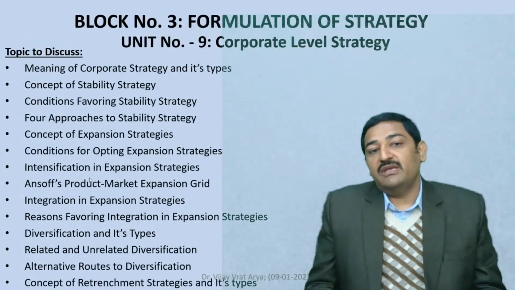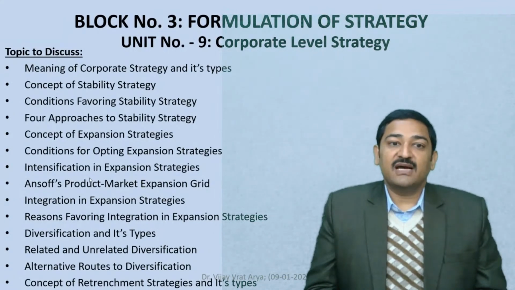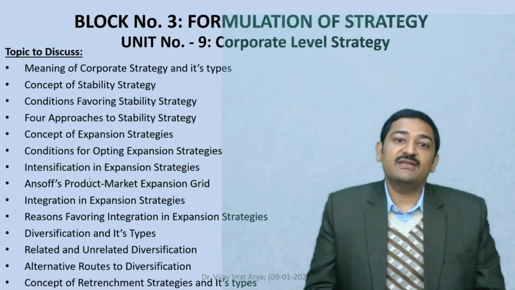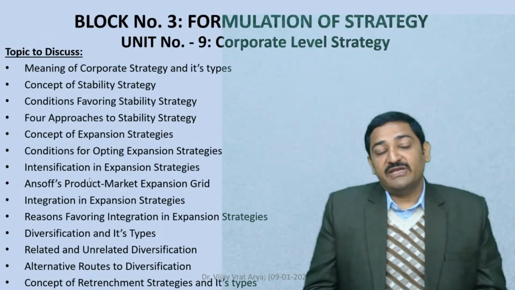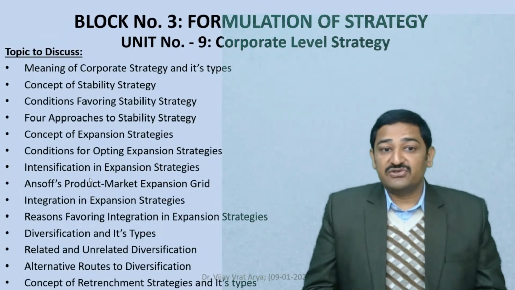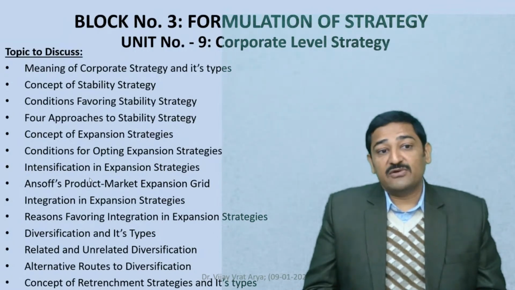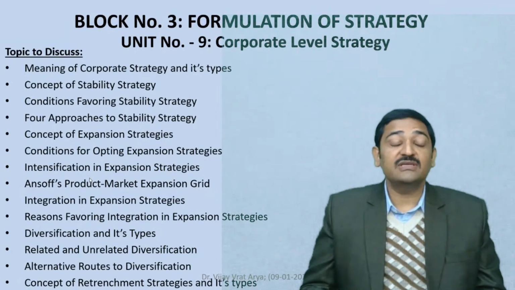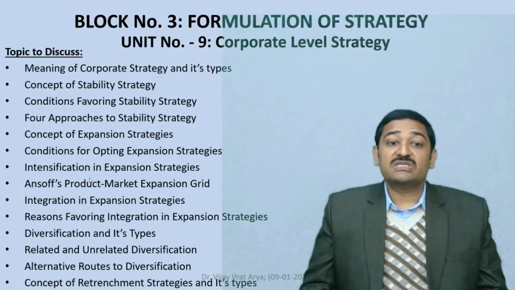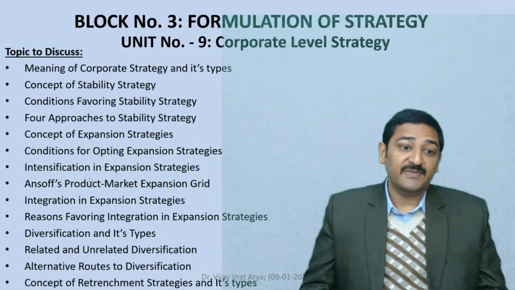Now, we need to understand the corporate level strategy, which is the last unit of block 3. And within that, we will be covering these topics. Say, we need to understand within that corporate level strategy and different types of corporate strategy, the concept of stability strategy, conditions which favor stability strategy, four approaches to stability strategy, concept of expansion strategies, conditions for opting expansion strategies,